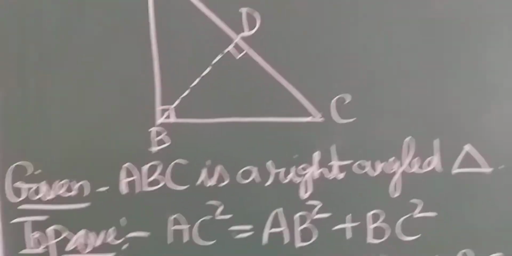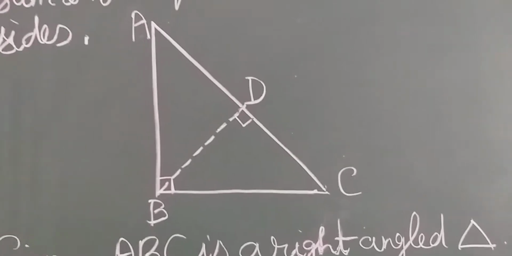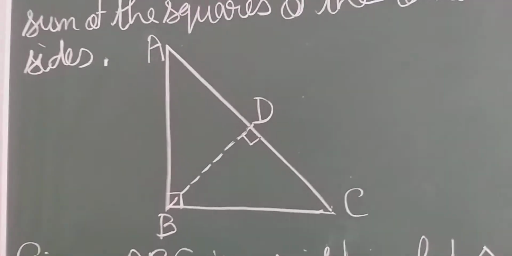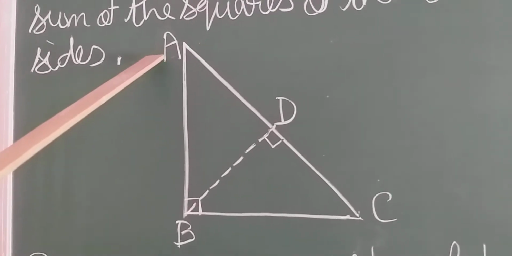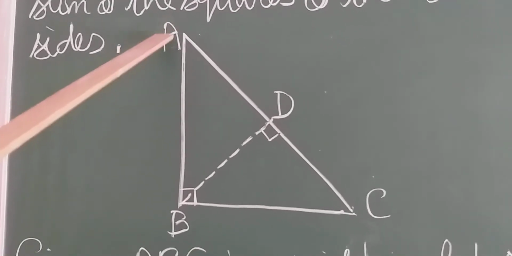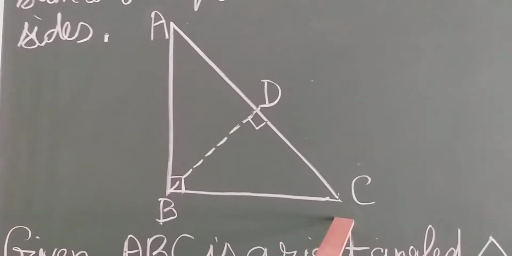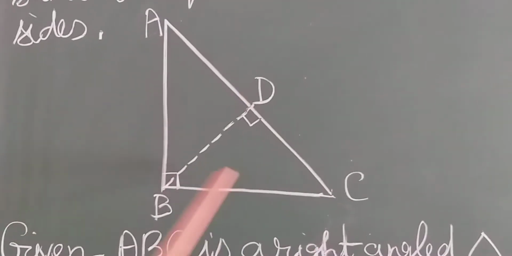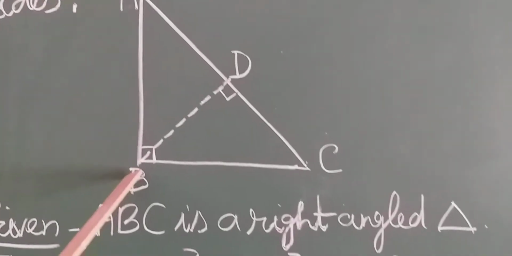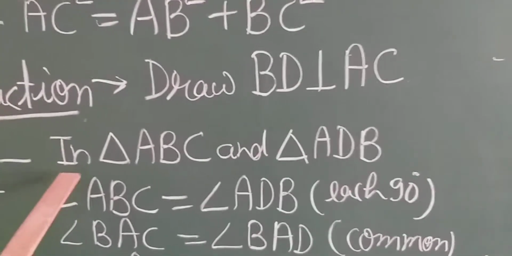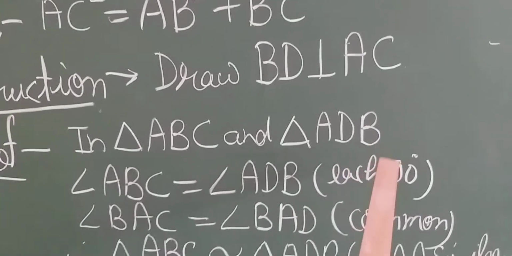Now students, we are going to use similar triangle method. So we have to make two triangles similar first. I am going to take triangle ABC and triangle ADB. Okay, students. In triangle ABC and triangle ADB,